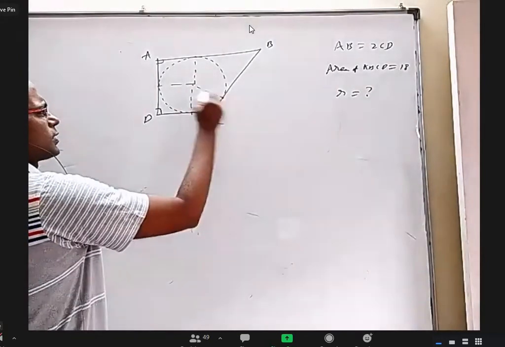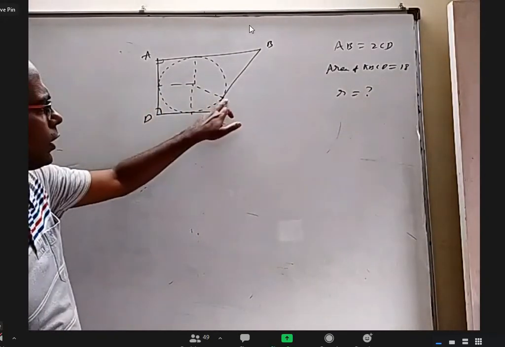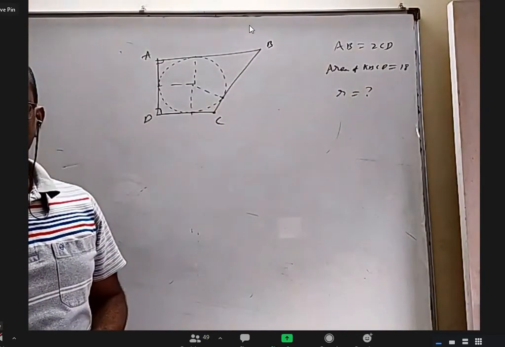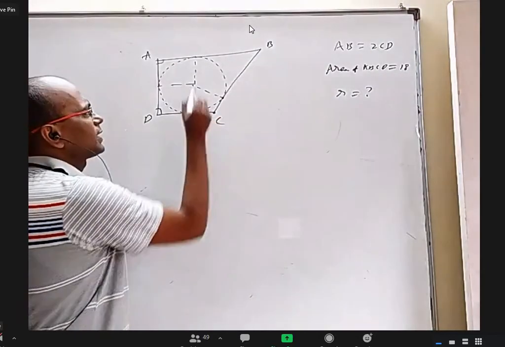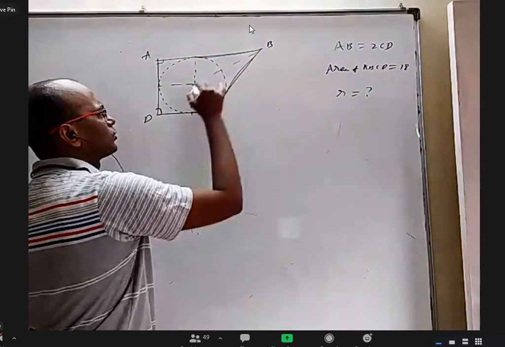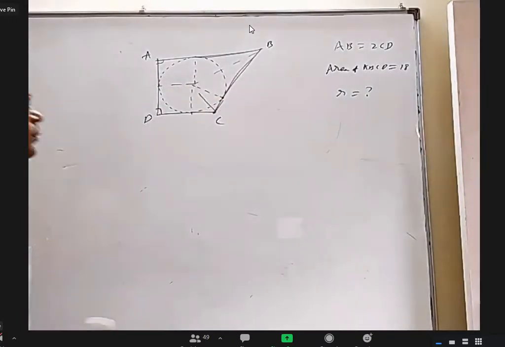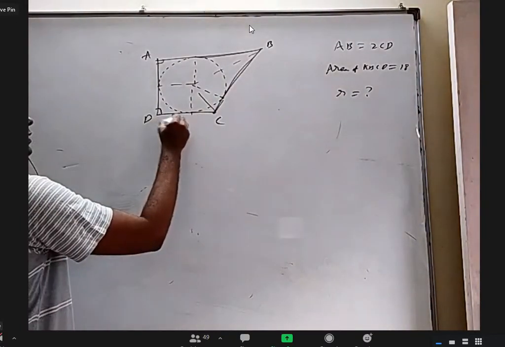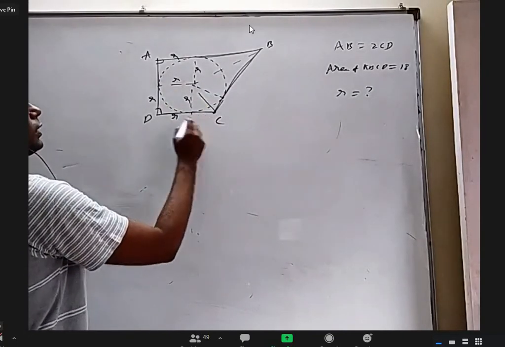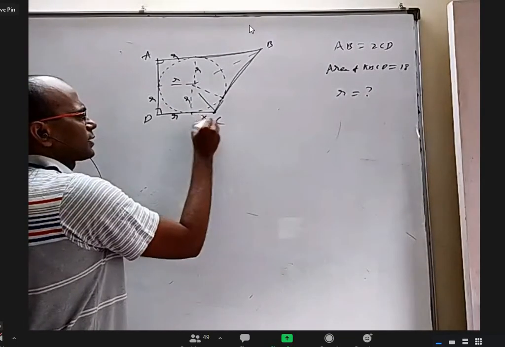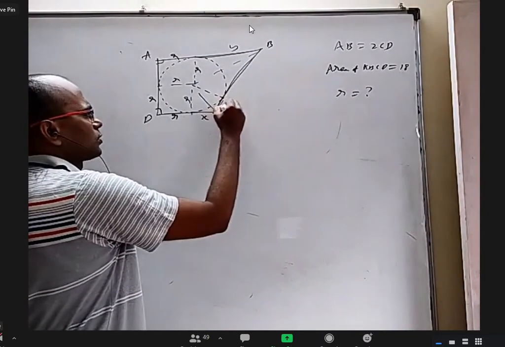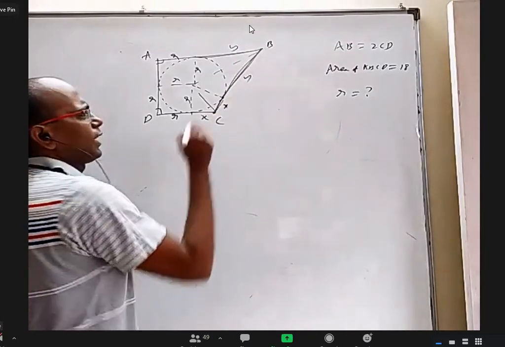If you remember, in some question we proved that this length into this length is r square. Yes, sir. Even this length into this length is r square. We proved how this angle is 90 and all. Anyway, I want to take this as r, this as r, this as r. These are all radii because they are 90. I want to take this as x and this as y. Then this is also x and this is also y.